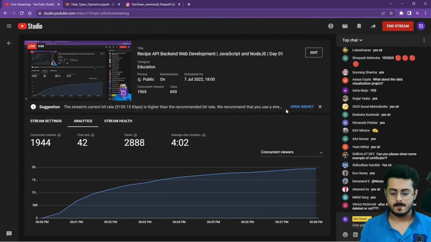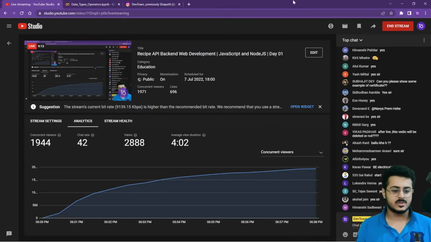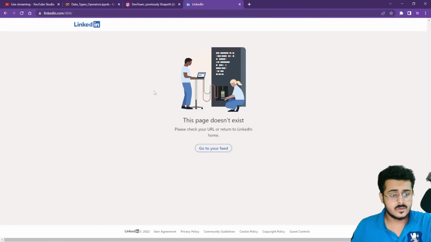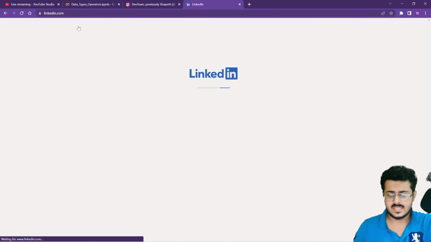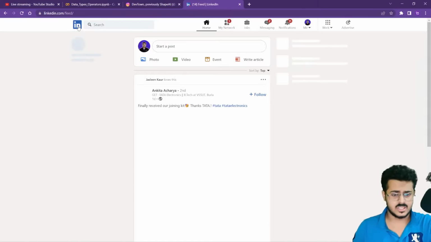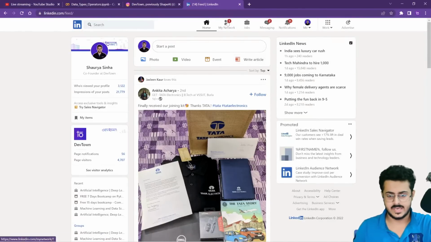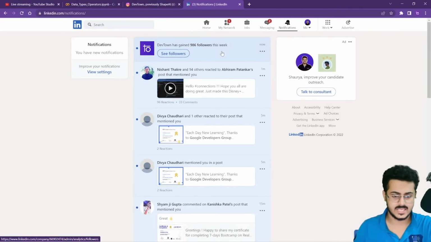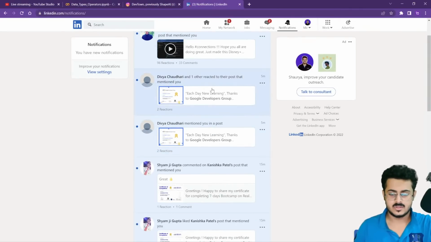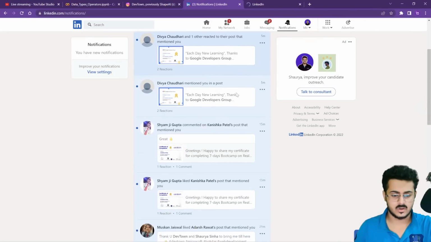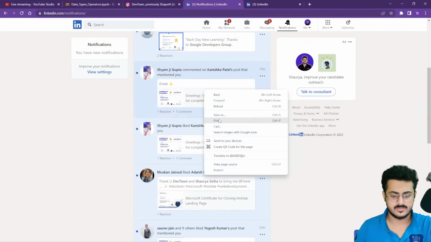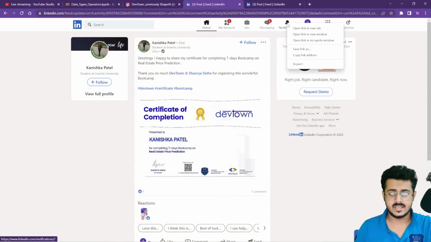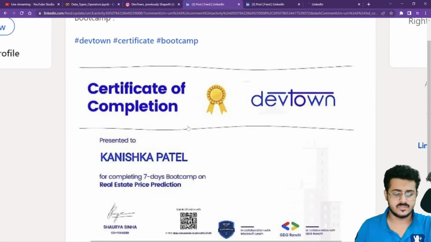Okay, so let's first show you the certificates that you will be receiving. We sent out the certificates just a few days ago. On LinkedIn, you can even follow us as well, it's totally up to you. This is one of the certificates via Google. This is the certificate via DevTown. I'll just open it up, give me a second. And this is the DevTown certificate, as you're able to see.